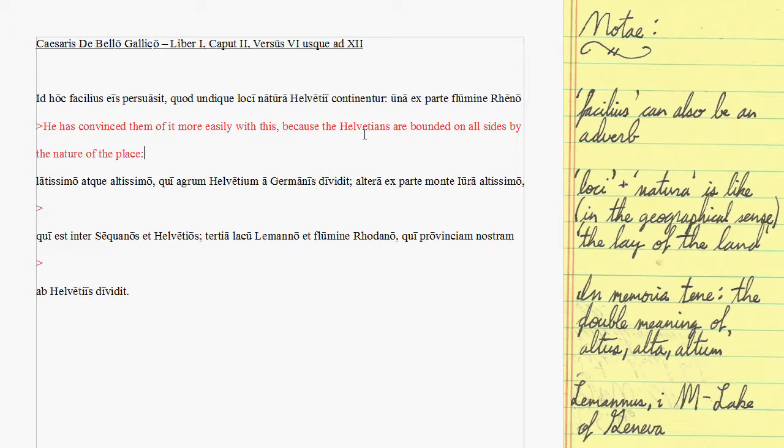And if you look at Switzerland on a map, which is the modern day location where the Helvetians are doing their thing about 2,000 years ago, Switzerland is a small country. People don't take over Switzerland, and it's not part of a larger country. It is its own thing because, like the Helvetians, the Swiss people, they are bounded on all sides. There's a lot of natural borders, and so it's hard for countries to really grow large from Switzerland because it is bounded. And this is a valid point that Caesar is going to be making with this.